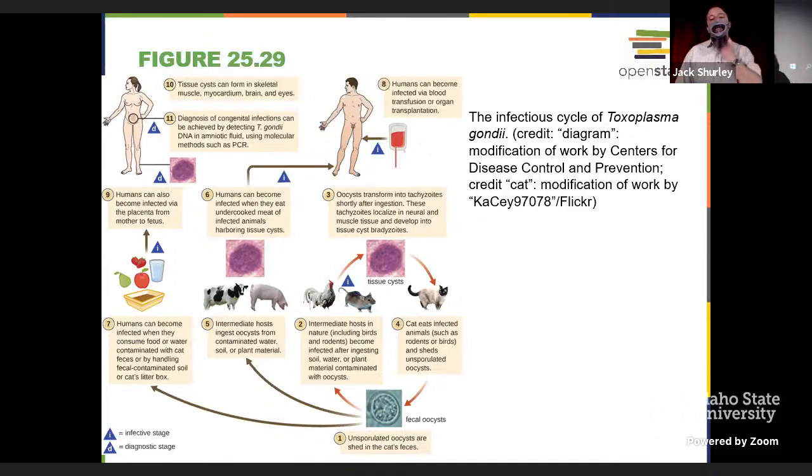And then they develop into some cyst stages. The cyst stage is what would be infective to the cat, all right? And as it eats the rodent or the bird, it ingests the cyst. And as it gets into the intestines, it ultimately starts the parasitic infection. Infection in the cat is super simple.